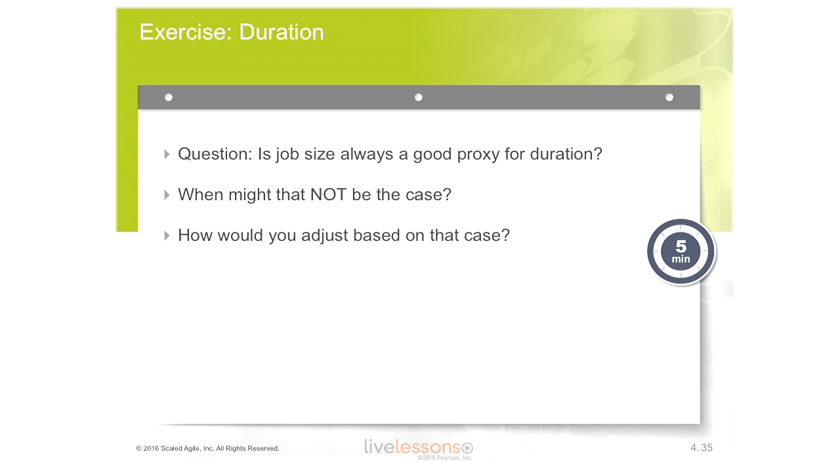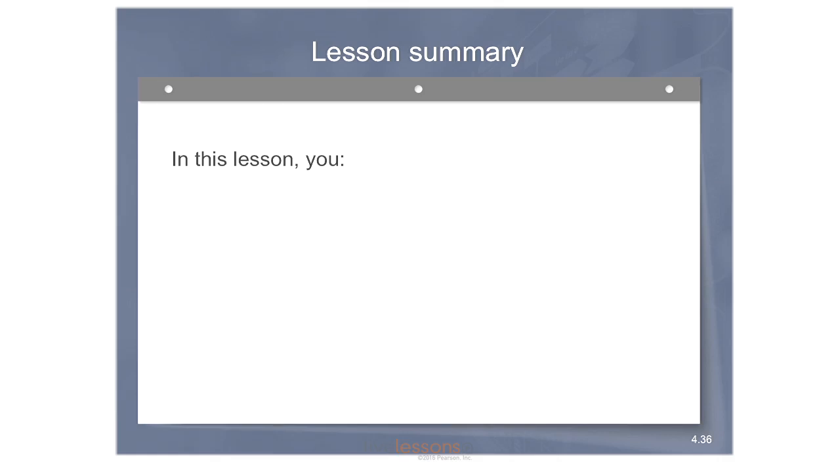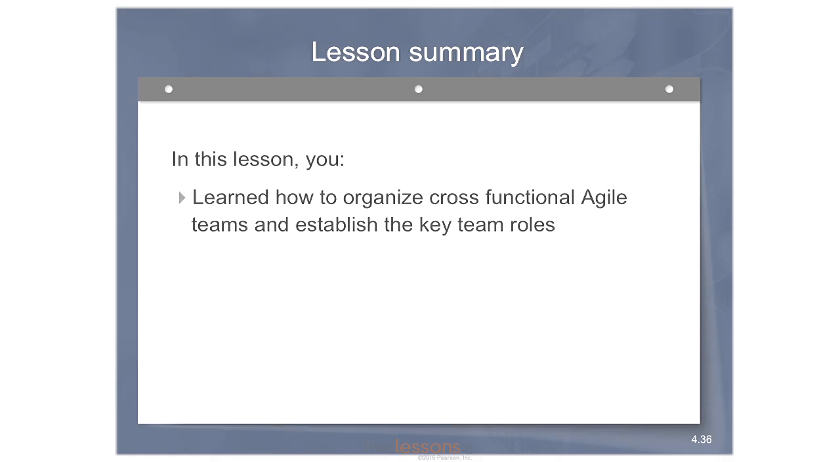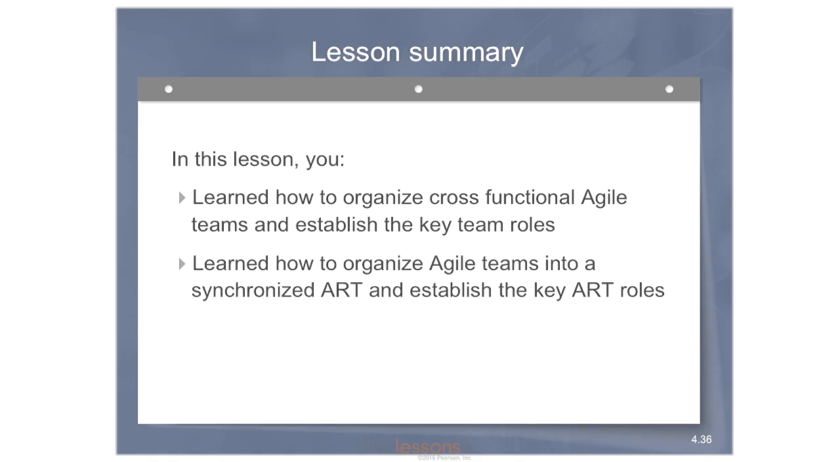You'll be prioritizing accordingly. So that's the completion of this lesson. And in this lesson, you learned how to organize cross-functional agile teams. We talked about eliminating the silos at the team level and establishing the key team roles, including the team itself and the product owner and the Scrum Master. We learned how to organize those agile teams into a synchronized ART, synchronizing the sprint boundaries